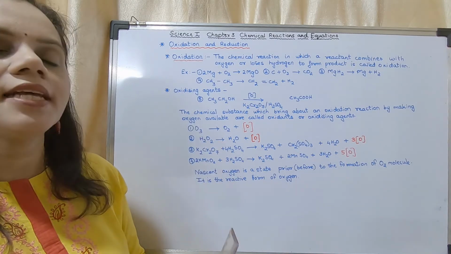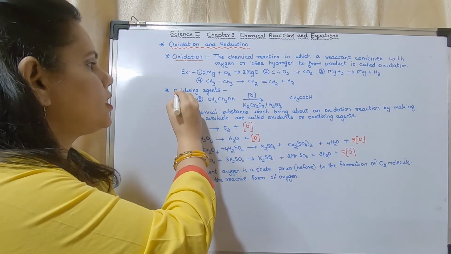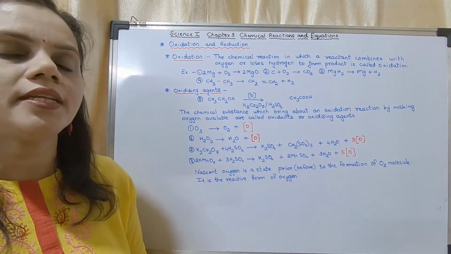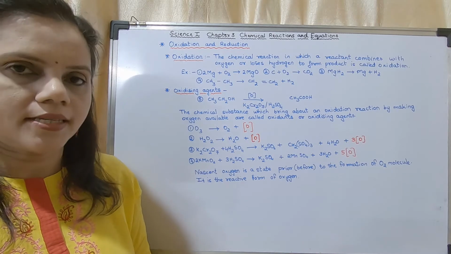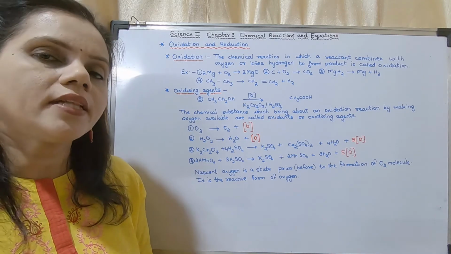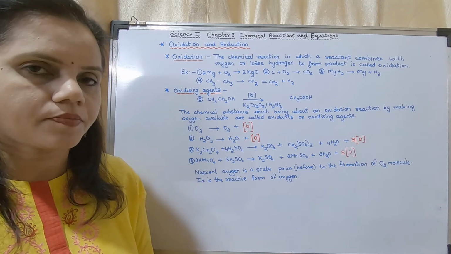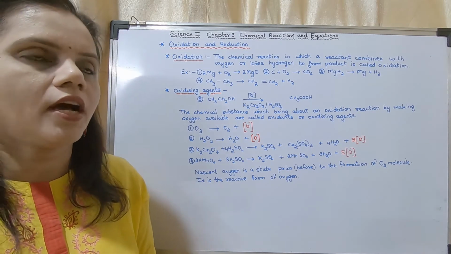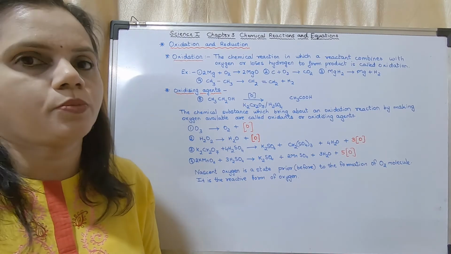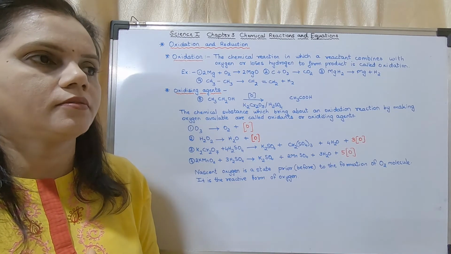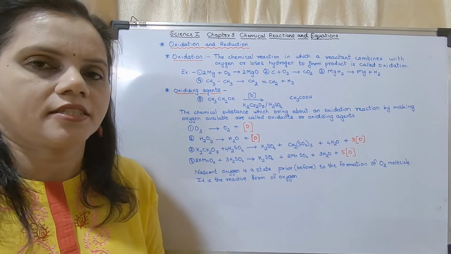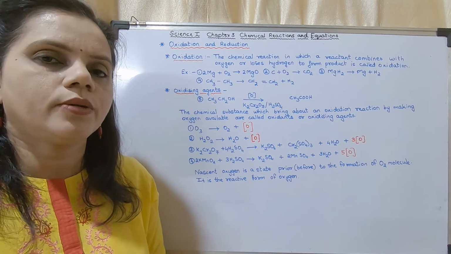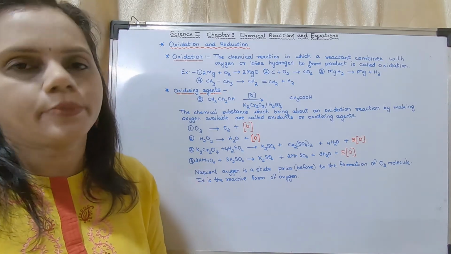Now what are oxidizing agents? Oxidizing agents are chemicals which do the work of providing oxygen. Okay, for example, if we need a rented house, or if we are going for a passport, what do we do? We generally find an agent. We go for an agent who will do the work. So what is an agent doing? He is doing the work in between.